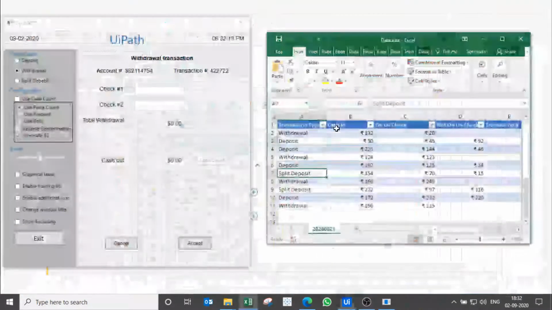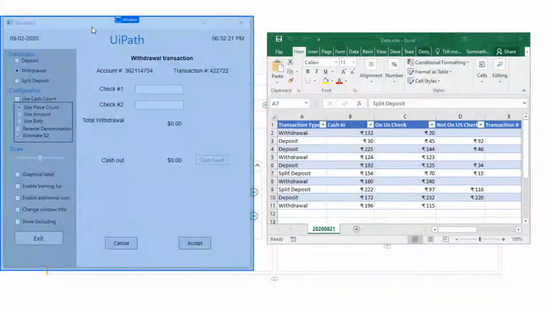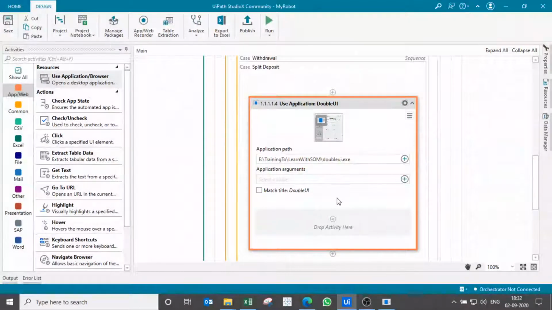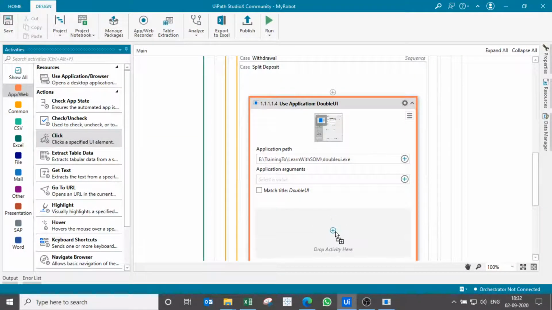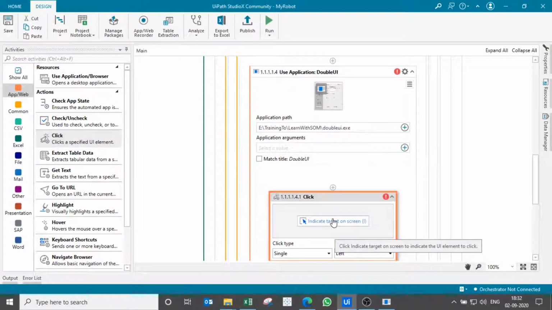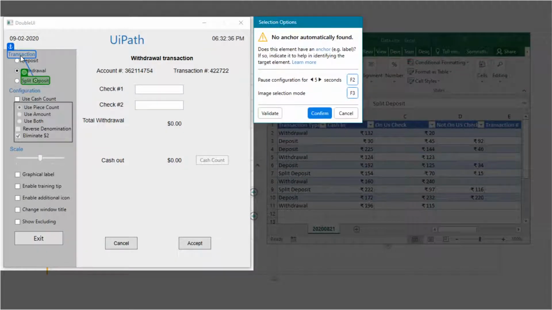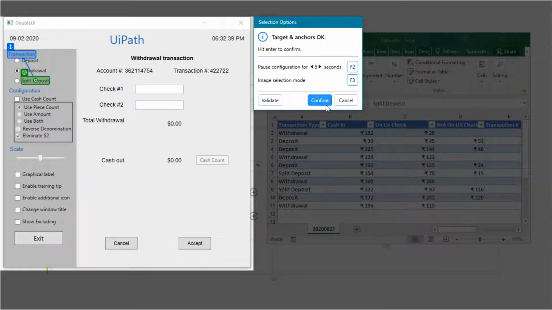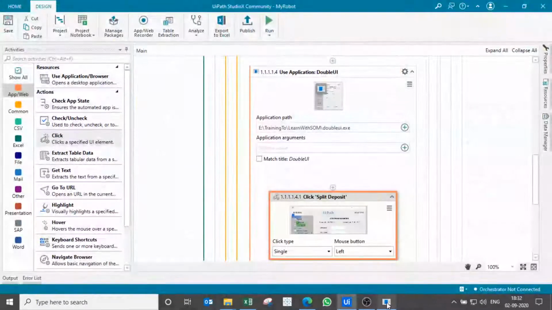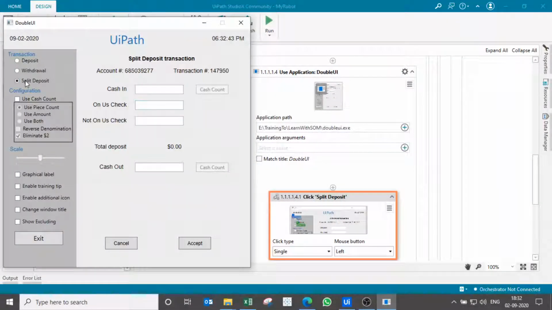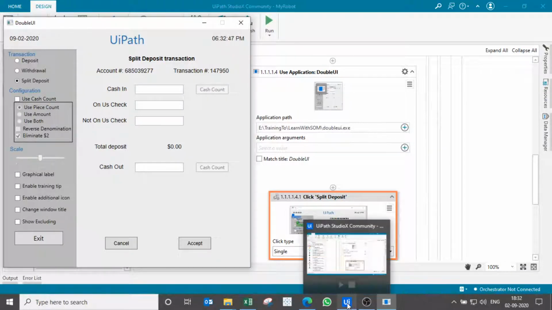We would indicate again this application, and then we would again have a click action, and we will indicate on the screen. So we would click on this because it is split deposit, and with the anchor, let us confirm it, and we'll go there, and then we can click this so that this can be activated.